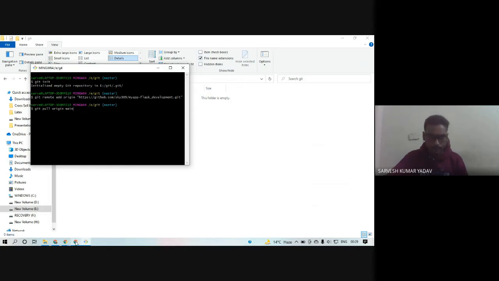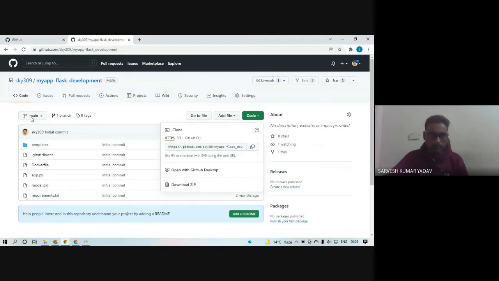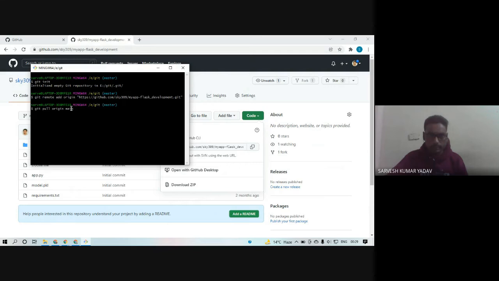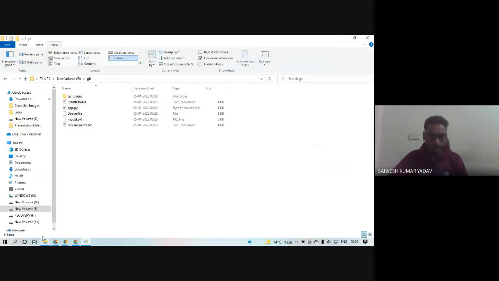You can check it from here. The default branch name is main. If another name is here, write down that name here and just press enter. Now check it.